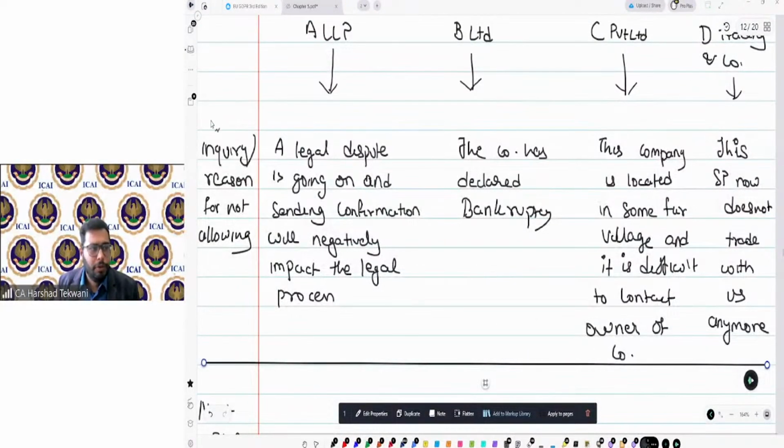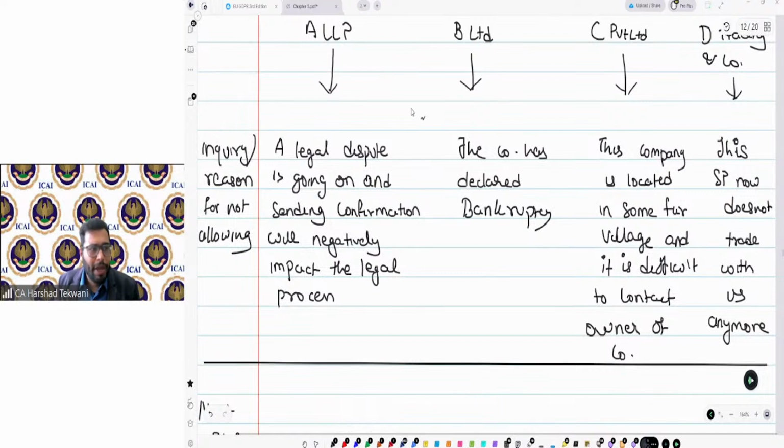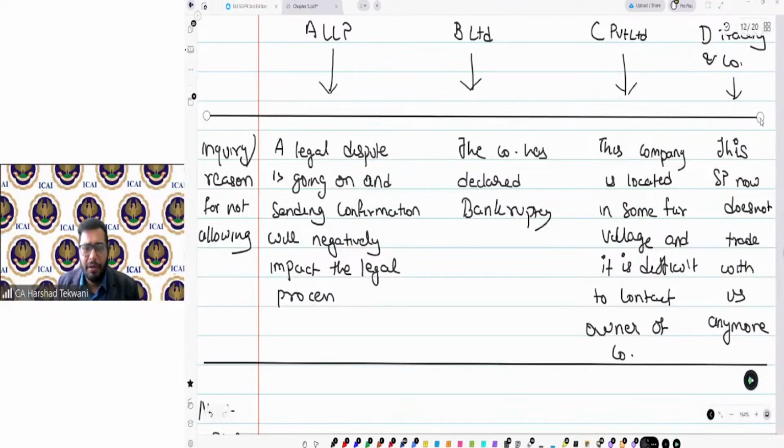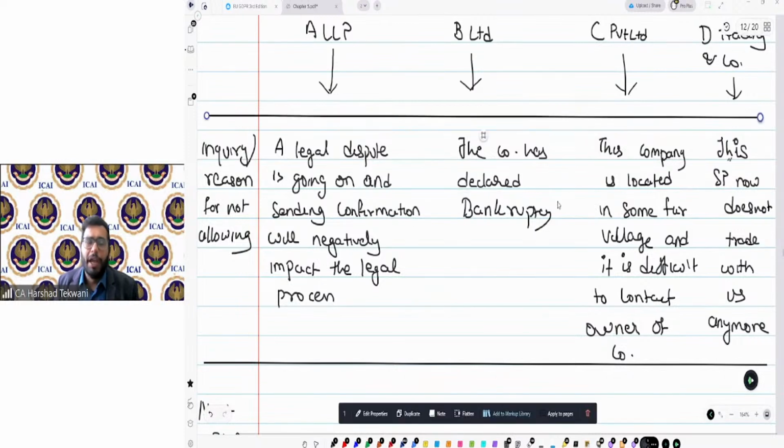What you are required to do here is understand whether the reason is appropriate or not, and given this reason, what are the next steps as an auditor you need to perform?